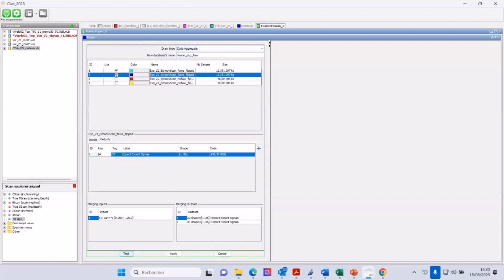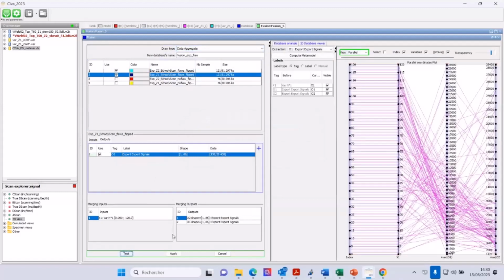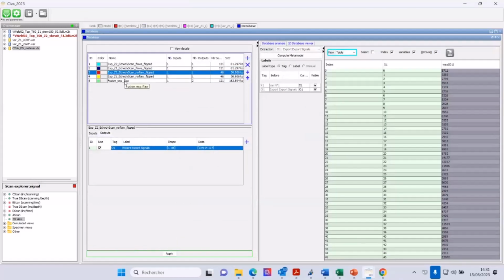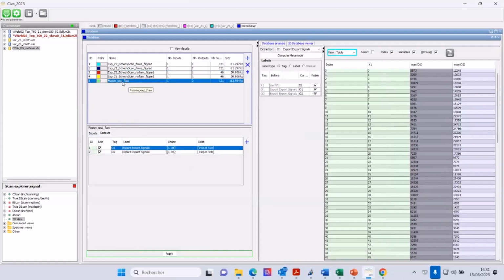I can test it. Okay, so I now have the fusion of the 2 sides of the weld with the limited data that I made with the flaws, and I apply. So I have my fusion here. You see I have a new ID file with my experimental flaw. I can remove